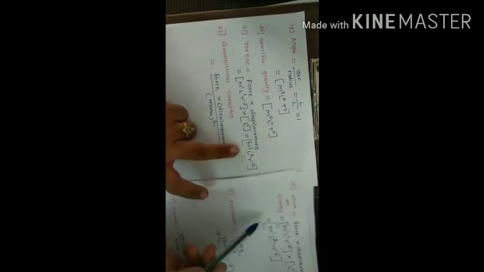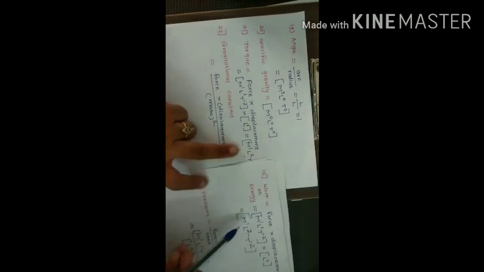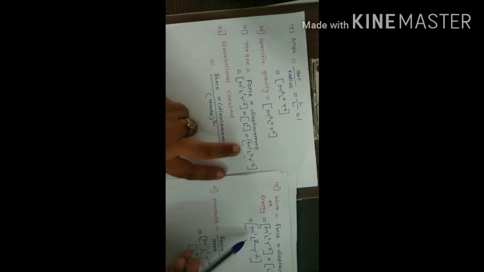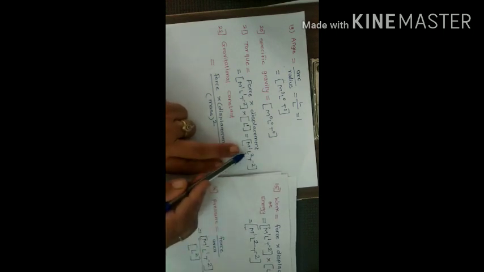वर्क अँड एनर्जीचे सुद्धा डायमेन्शन्स टॉर्क सारखेच आहेत. See here carefully. M1 L2 t raised to the power minus 2, those are the dimensions for torque and work and energy also. बघा हे तीन टर्म्सचे डायमेन्शन्स सेम आहेत. मोमेंटम आणि इम्पल्सचे सेम आहे, तसं वर्क एनर्जी आणि टॉर्कचे सुद्धा डायमेन्शन्स सेम आहेत.